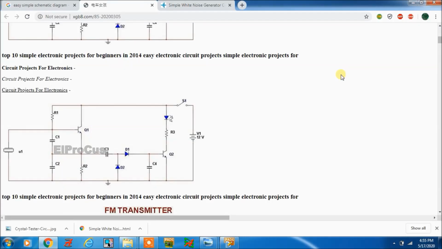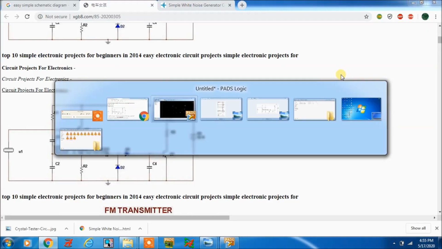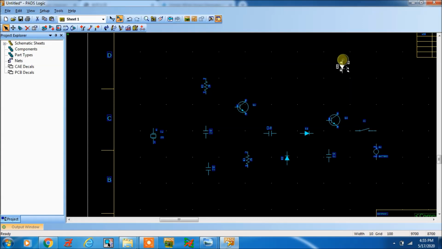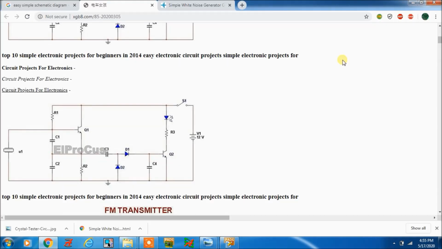Control R is the shortcut key, you can use that also. Control R is for rotation.